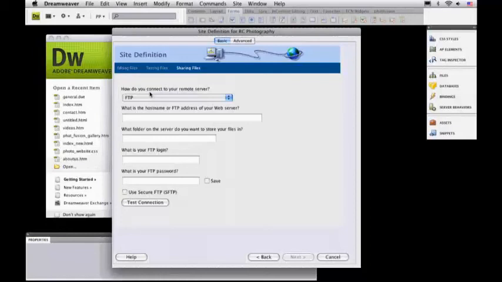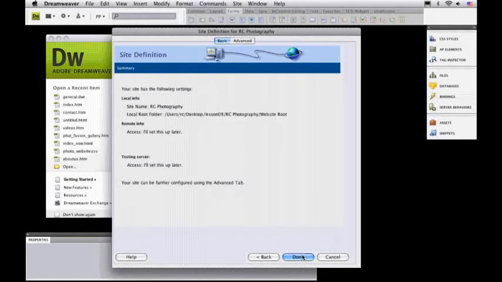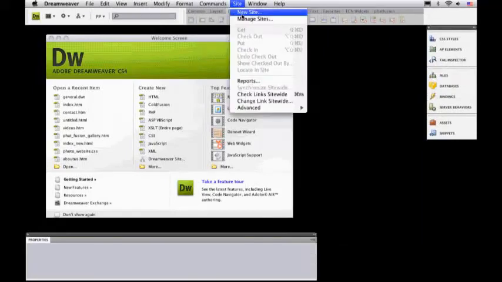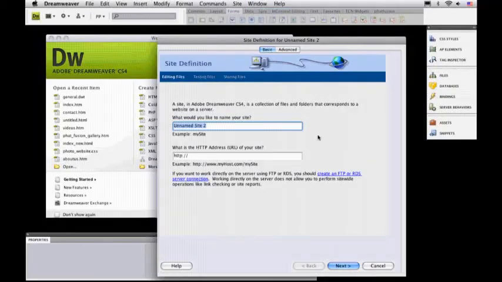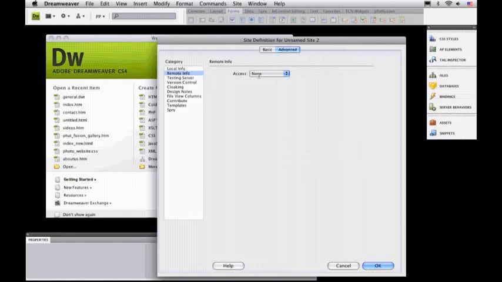Now, let me just show you something else real quick here. I'm going to click on Site. I'm going to click on New Site. We did that through the Basic section. If you went to the Advanced section, there's a lot of other information that we'll talk about in other classes, but it's just as fast. All we did is fill in the site name. Under the site name, we pointed to the local root folder, and under the remote info, we set up access of none. That's all we did. So sometimes just going Advanced is easy. You just go in here, type in your name, type in the folder that you want, put in None or put in FTP, and click OK. You're all set. Now, in the next video, we're going to start talking about setting up some guides and some slicing, bring all of this stuff into